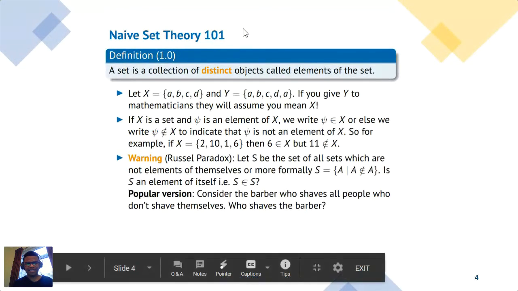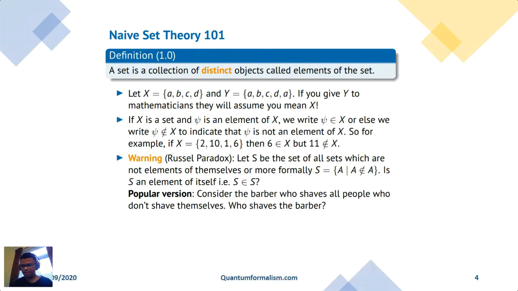Let me just ask, especially not the advanced students, but the others, can you see what's the problem with this? Can you see a contradiction there? When you ask the question, if S belongs to itself, can everyone see? Is there anyone who doesn't see a contradiction? Okay, so I assume everyone sees it.